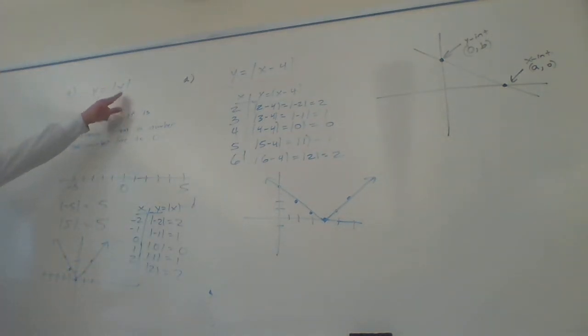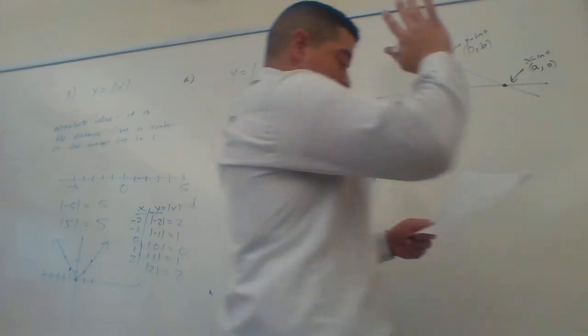If you have an absolute value, it looks like a V. If you have x squared, it's going to be some type of parabola involved in it. If it's just mx plus b, then it's going to be some type of line. Okay. So it helps to have that kind of general understanding of that. But let's go on to